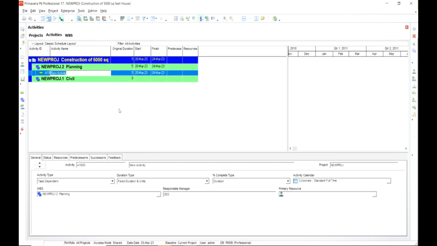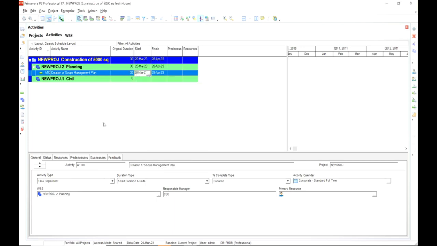Now an activity will be added in the planning. Let's name it creation of scope management plan. Its duration is, let's say, 30 days, and it starts on, let's say,